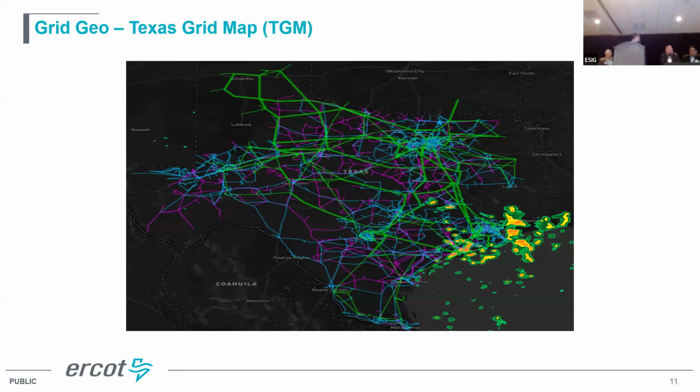So this is the main interface. Once you log in, you will see the entire map of the Texas grid. If you turn it on, you can see all the map layers, but normally we don't turn them on for performance reasons. This one has multiple layers. Actually, all the lines, every kV level, has its own layer, so you can turn it on and off. All the substations also have the same.